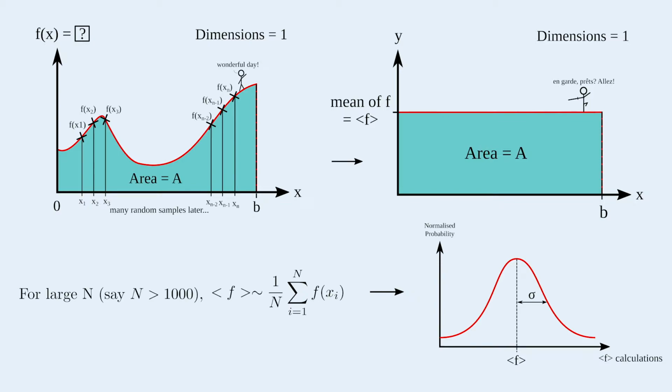But since f of x is continuous and it's a little bit hard to average an infinite number of points in a computer, what we will do instead is to take 1,000 random sample draws that are equally distributed along x and average those instead. It turns out that with large numbers, this is actually a good enough method to get an approximate of the mean. Of course, if we randomly draw 1,000 samples every single time, we will find that our mean value changes